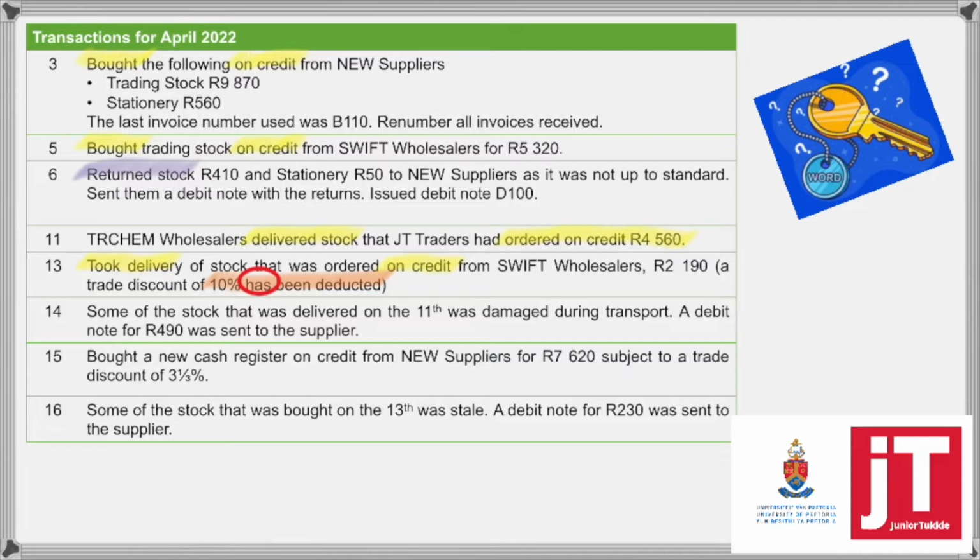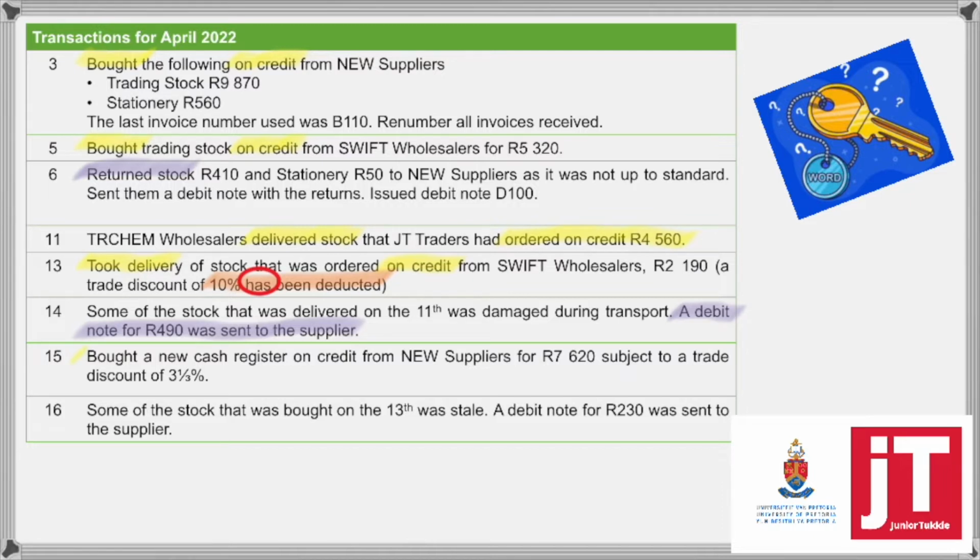A debit note 490 was issued to the supplier. Now, because we issued it to the supplier, it means that we returned the goods, because it was not of good supply. So that is creditors allowance journal. Then the next one would say